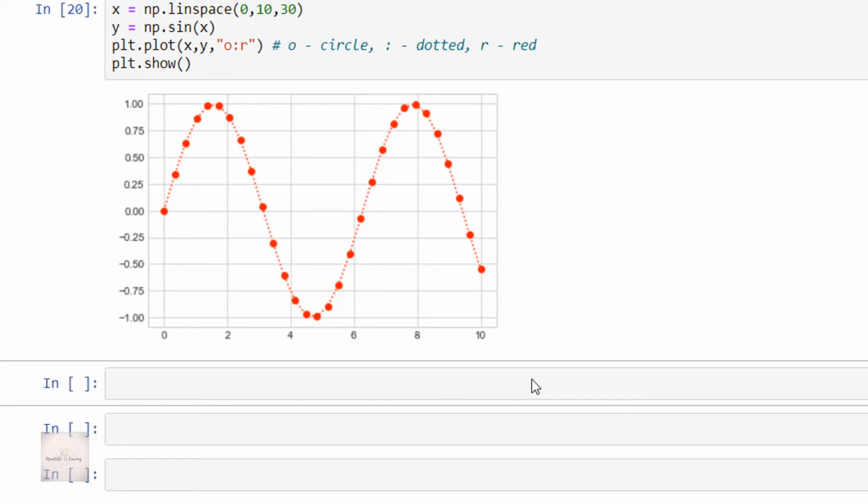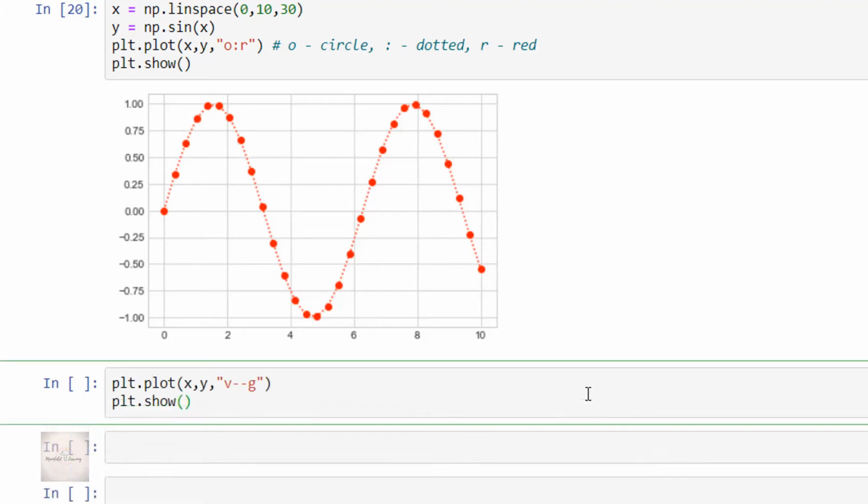Yeah, great. See, we got a sine wave with color red in dotted fashion and it is having circle marker style. Okay, understood? So guys, let's see one more example, that is plt.plot(x, y, 'v--g'). Here I'm specifying the marker style as v, that is lower triangle, and then line style as dash dash, that is hyphen hyphen, which will be in the dashed fashion, and the color as g, that is green color, and then it is plt.show, and let me execute this code.